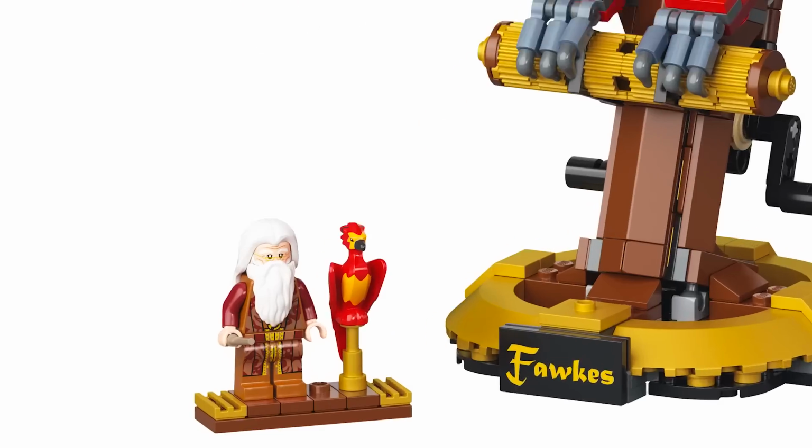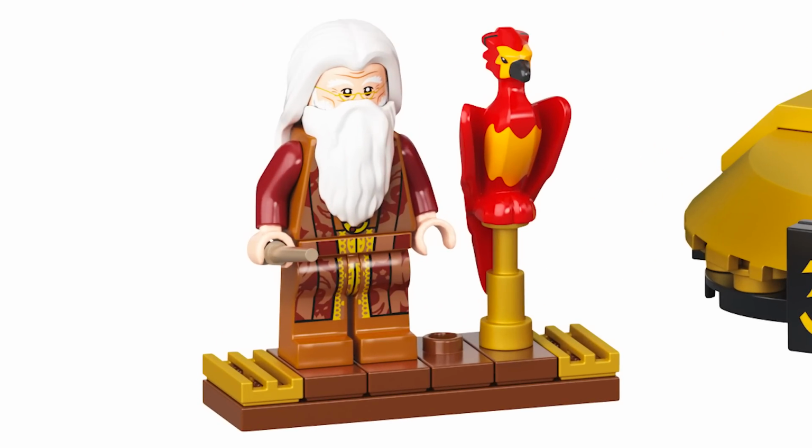Also, getting an exclusive Dumbledore, which is really cool. And Fawkes from the CMF series. Really great. Wish that it was a golden figure, though. Should have been a golden Dumbledore. Don't know what's going on there, but let's move on to this last set,